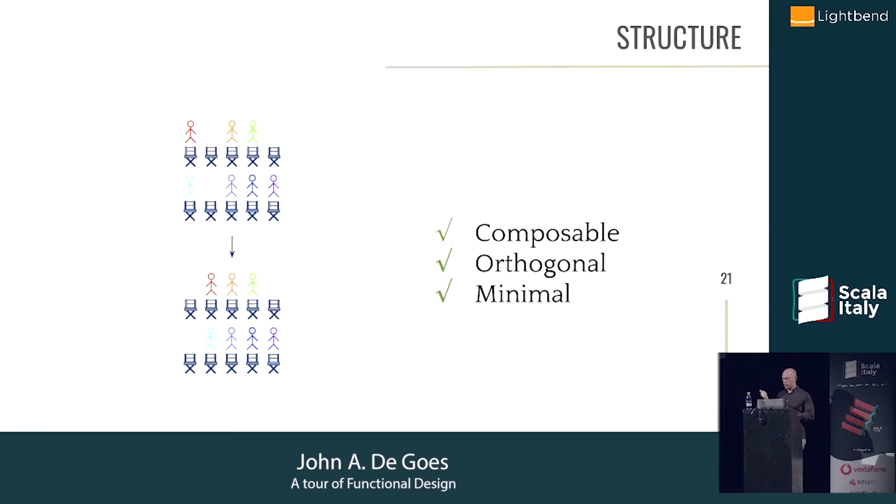This is also orthogonal. No operator here does the function of any other operator. So this would be called the single responsibility principle in OOP. It's the same thing here. No operator does the function of any other operator. You cannot use any operator, in fact, to get you the functionality of another operator. They're all totally independent.